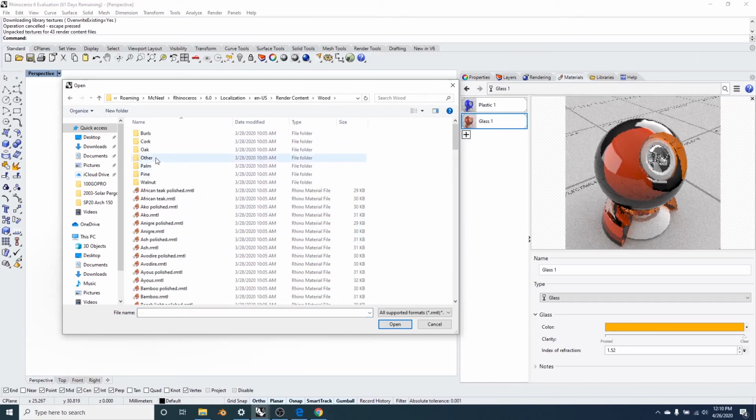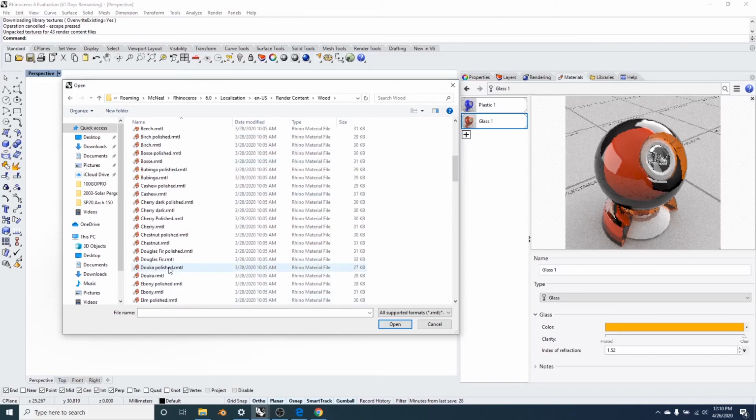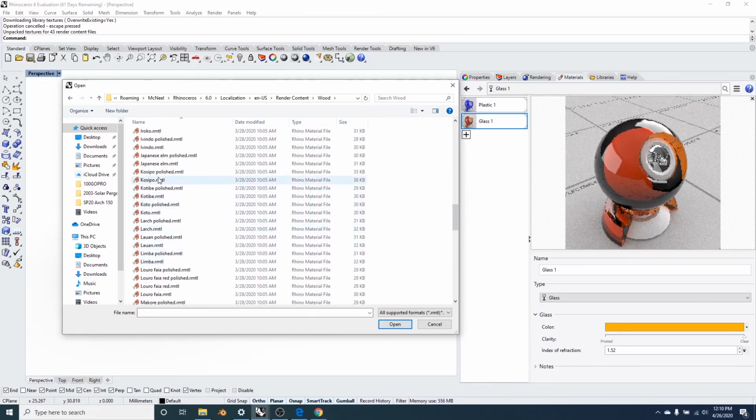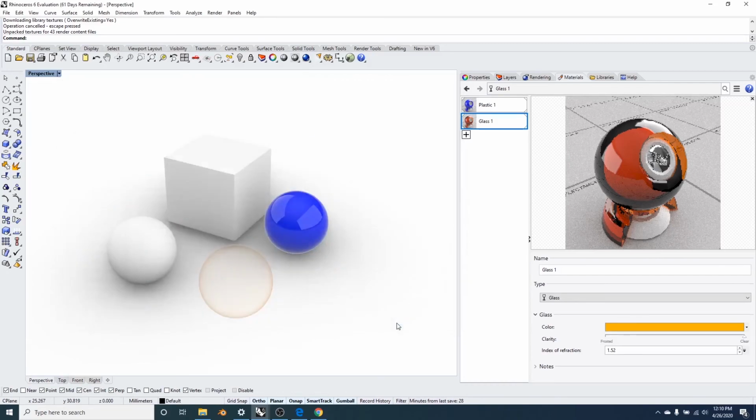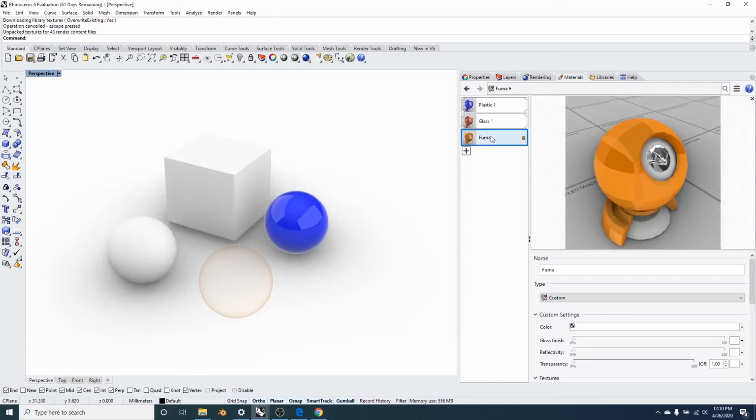You're free to experiment with all of these materials. I'm just going to pick something. It doesn't matter for now. I'm going to pick this one, Fuma. I'm going to click open, and notice that